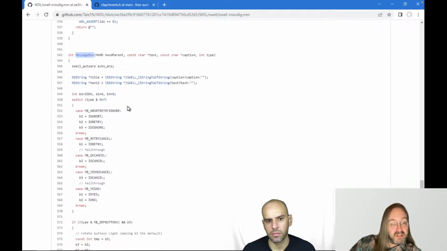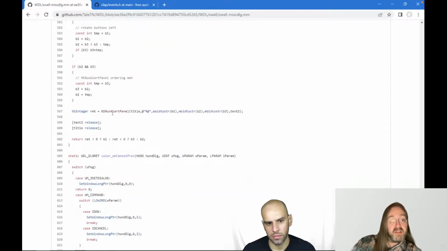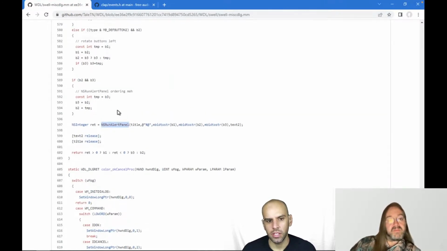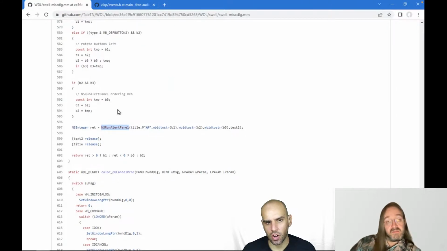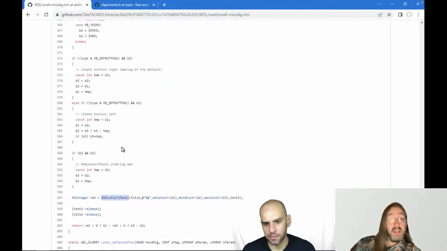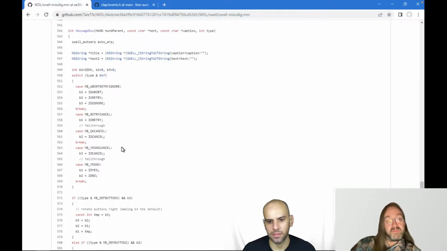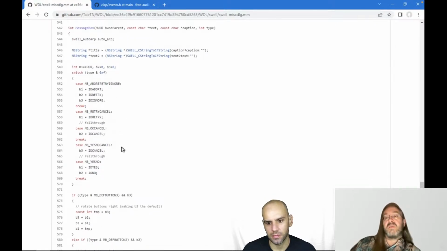So basically it just calls some macOS function. Apparently it runs NSRunAlertPanel to simulate a message box. Yeah, and that whole thing of the different options you can pass to message box, that all looks familiar to me because of Reaper scripts. Because that, of course, also uses a lot of these things. So if you're using a message box there and you're running on macOS, then you're also using Swell.